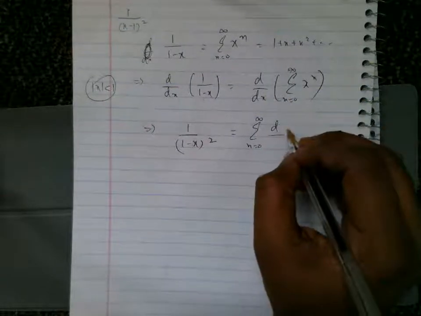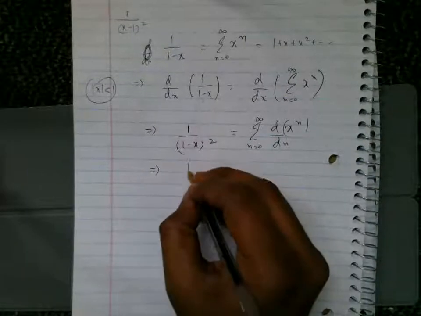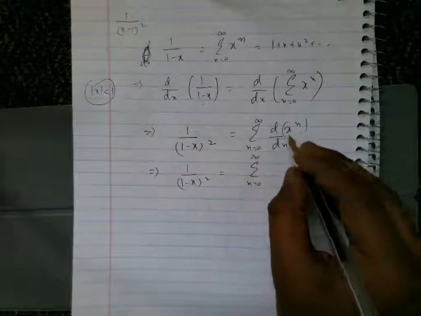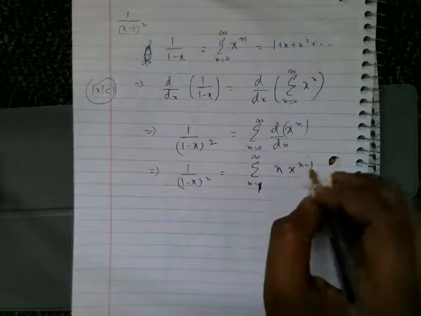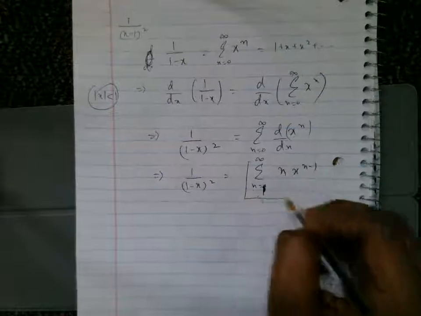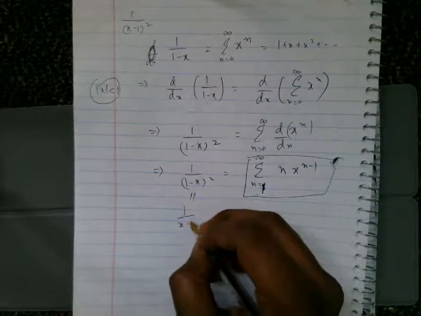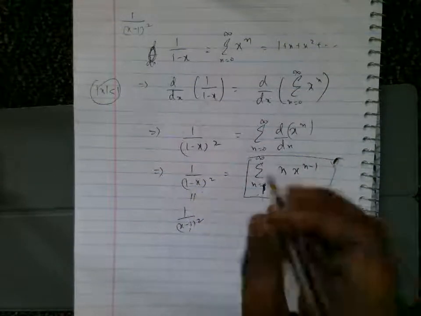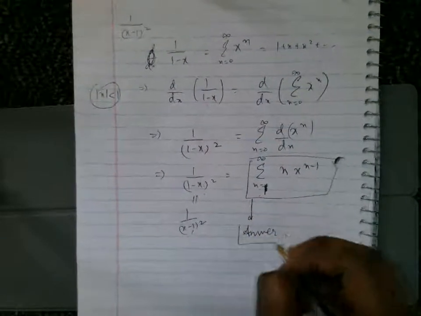So that derivative can be brought inside, and therefore this can be written down as sum over n running from 0 to infinity n x to the power n minus 1, and then n runs from 1 to infinity, because after taking derivatives you have to make this sum from 1 to infinity. And this is nothing but 1 by x minus 1 whole square, because this is the negative of this, but when you square it doesn't matter. So this is our final answer.